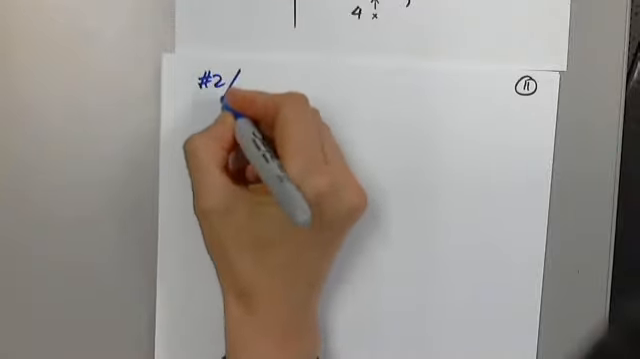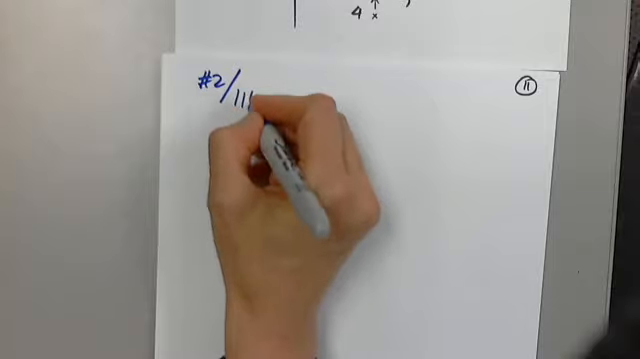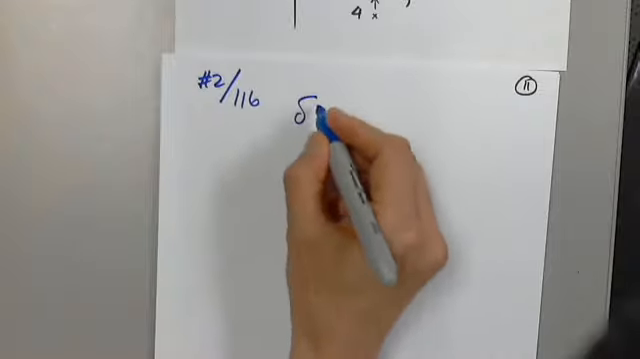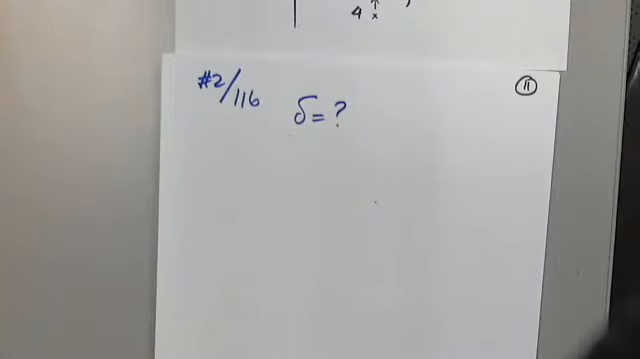Okay, so let's say we pick number 2 on page 116. And use the given graph of f to find the number delta. I'll explain what delta means, such that